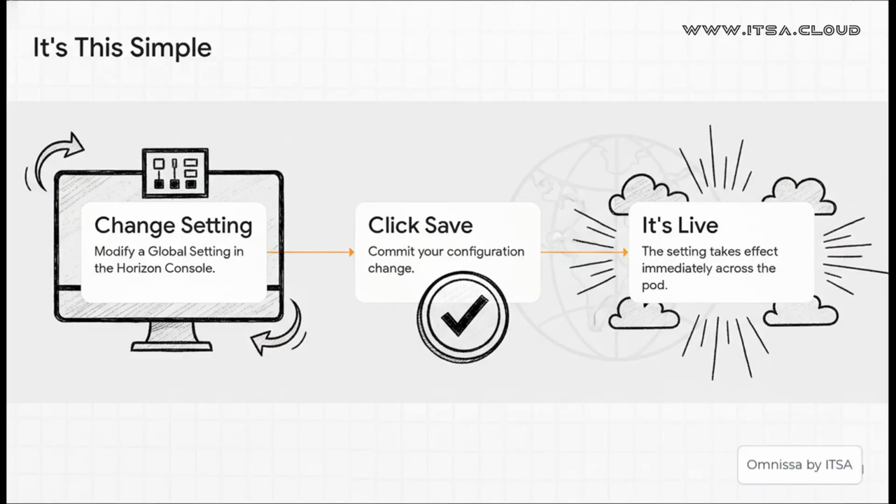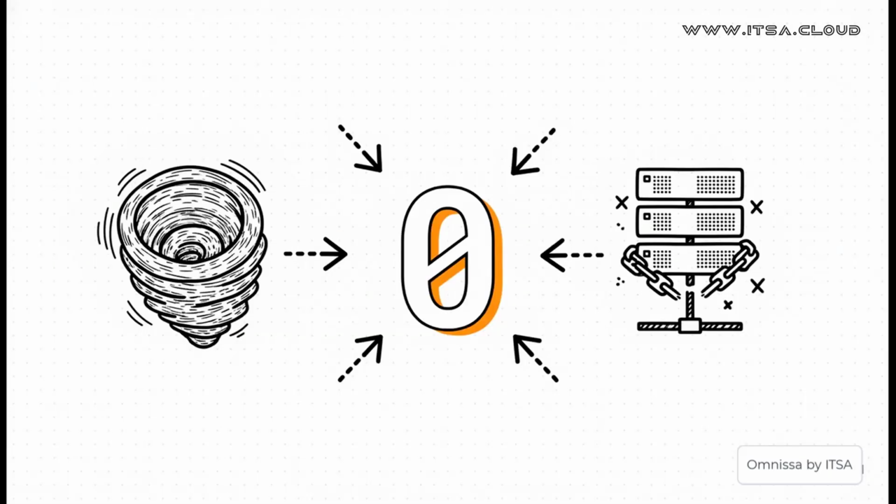Step 1, you find the setting you want to change. Step 2, you click Save. And Step 3? Well, there is no Step 3. That's it. The change is live across your entire pod right away. And this right here? This is the number that says it all. 0. That is the number of connection server restarts you have to do to apply these changes. This completely wipes out the operational friction and the risk that usually comes with making these big, environment-wide updates.